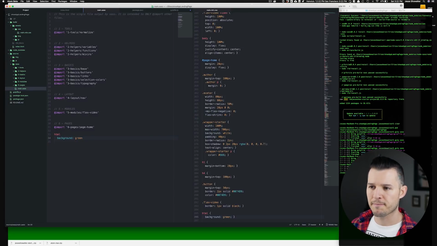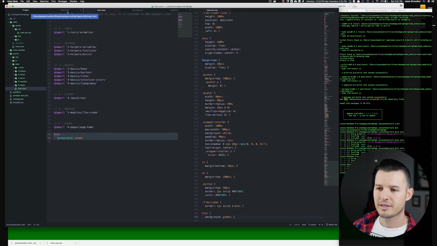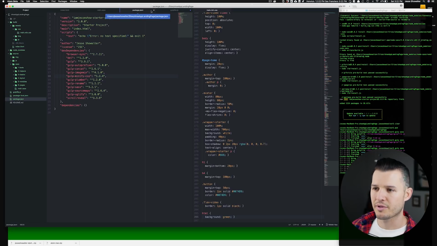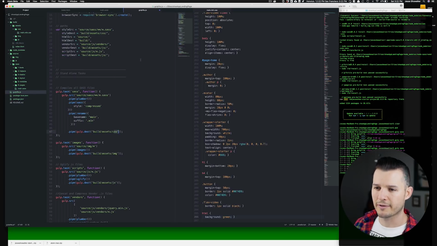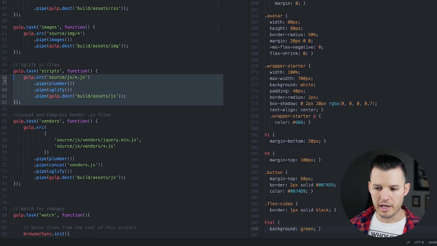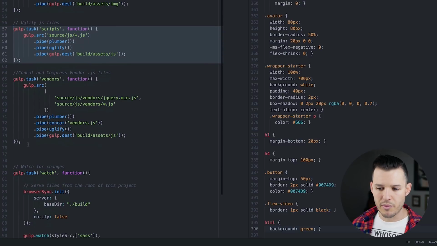So let's come back over here and we'll close this. I'm actually going to delete that HTML. Well, I'll keep that HTML statement. Actually, I was going to delete that, but I'm going to keep it for example. Okay, I'm going to close my package.json and my gulp file. We've set up a bunch of other fun tasks as well. We can minify our images and losslessly compress them and make sure they look good. We're going to move all of our scripts over, all of our JavaScript that we write. We want to make sure that it's written really nicely and then compressed and slammed into the build folder. Same thing, we have vendors.